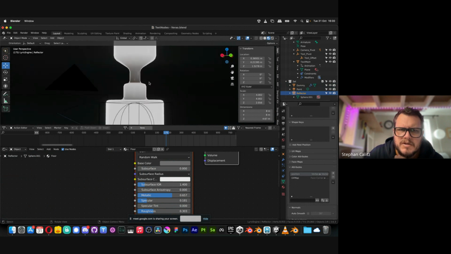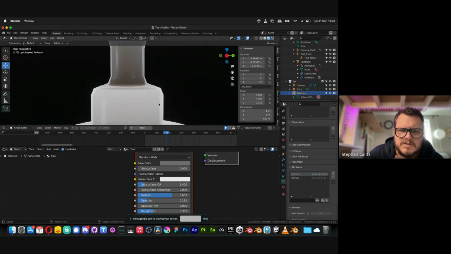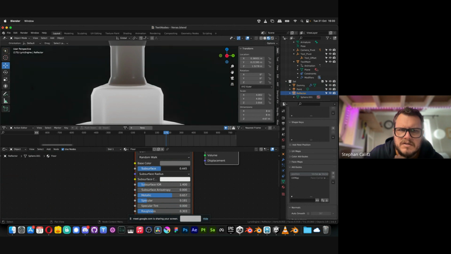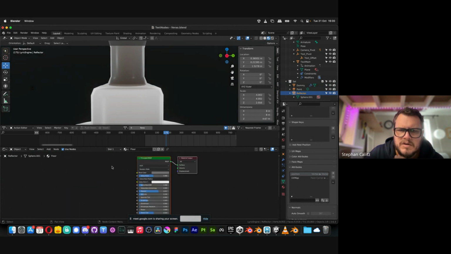I'm not picking up any. Oh, there it is. Yeah, there's a little bit of subsurface coming through. No, is there? Wait, what am I?